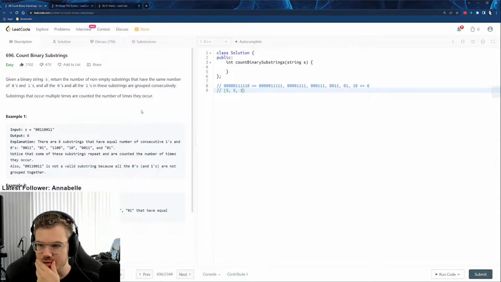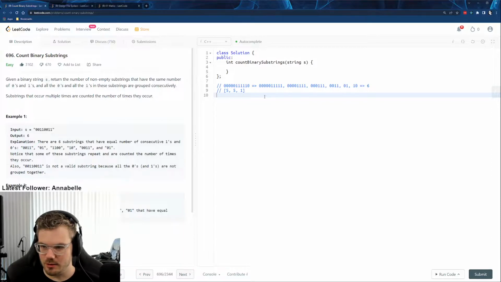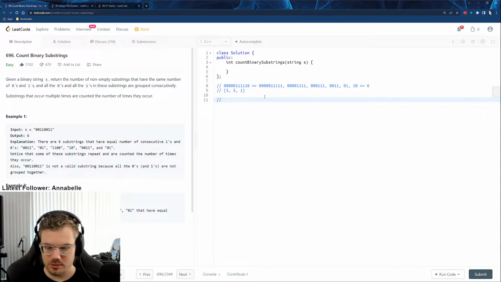And so once we have that, the question becomes, I think you basically take the min of the number of zeros, whatever the character on the left is, and whatever the number of characters on the right is. So let's say that we have 1, 2, 3, 4, 1, 2, 3, 4, 5. So in this case,